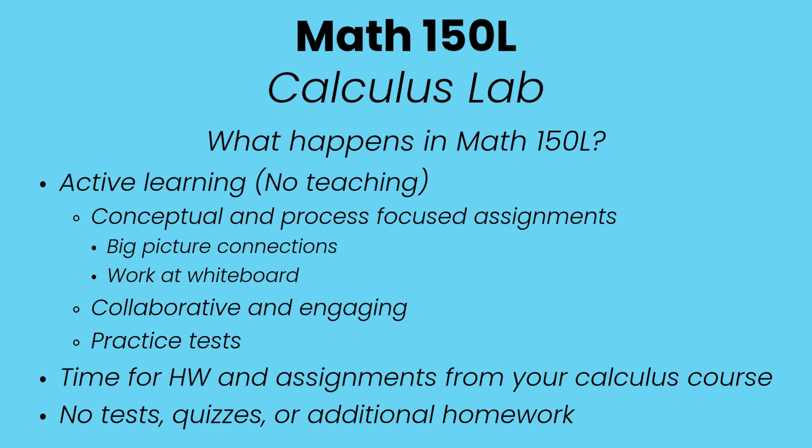That leads to the next point. Almost everything in the calculus lab, the assignments are collaborative. There's a couple of exceptions to that, but just about everything is collaborative, meaning students are working together, they're working with me, they're working with a tutor, and so on. We try to make it really engaging, right? Drawing people in, keeping it organic for the most part, so that people are collaborating and engaging in a natural way,